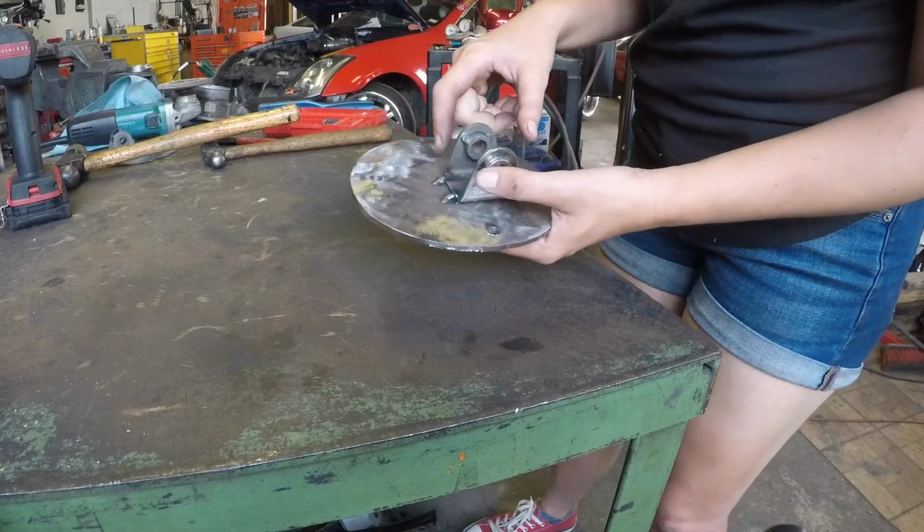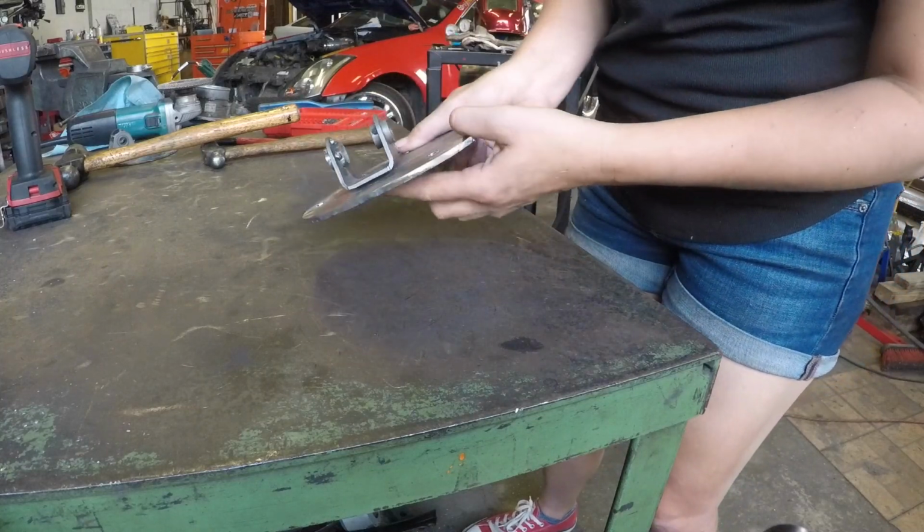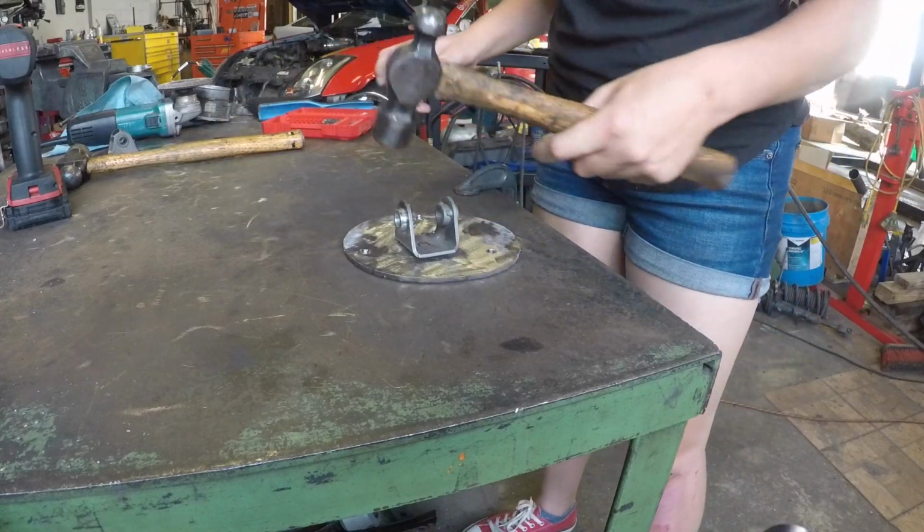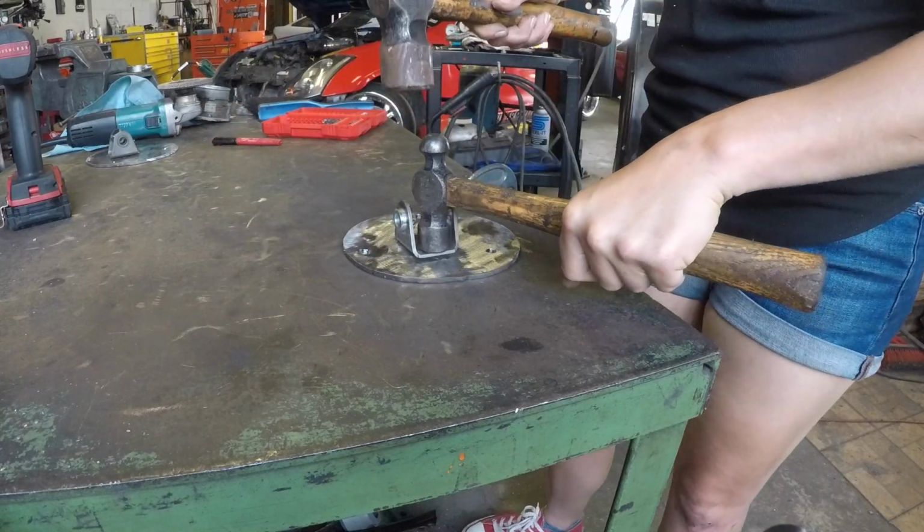And this one, I'm a dummy, and I put both the tacks on the end, so it's lifted a little bit, which I need to fix before I weld it. Not a big deal, though. Just give it a good...